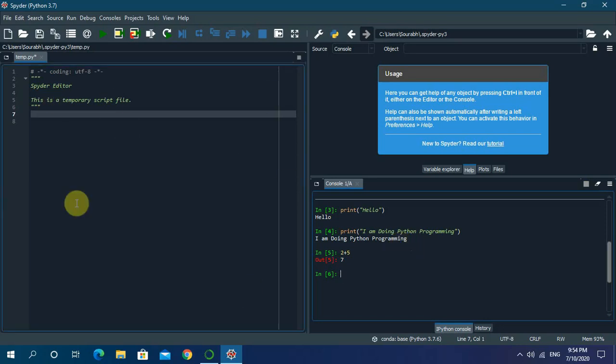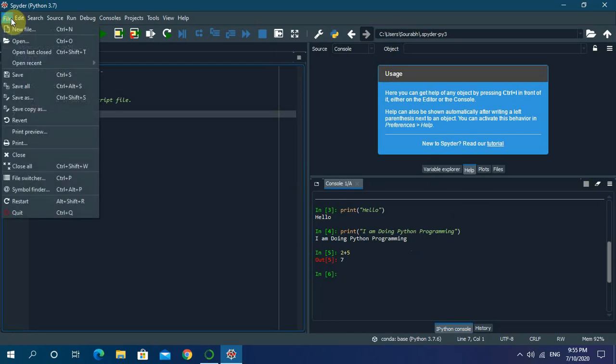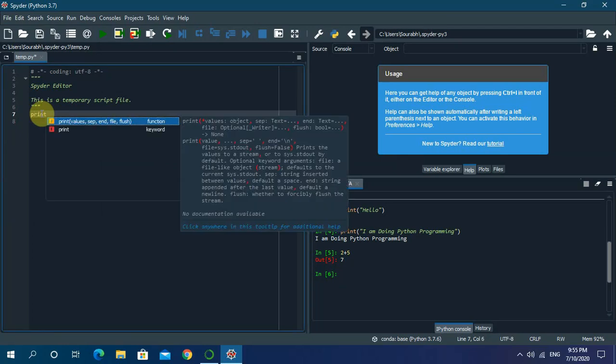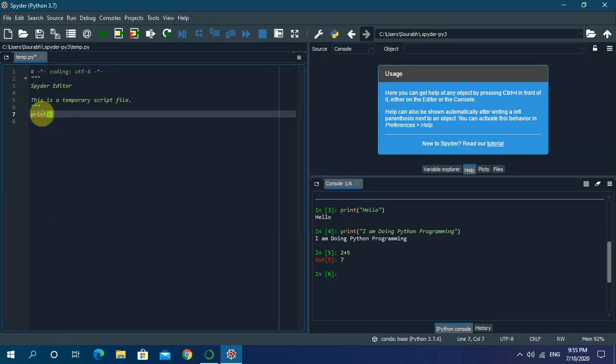Now let us move to this editor pane where you can save the command as well. This particular area cannot be saved, but if you try to write some codes over here and go to the file and save, that particular file will be saved. Alright, so let us try to run some codes. I am writing the print function which I wrote over there. So print, and I am writing over here under the inverted commas hello world. Now let's see. I am pressing the enter key.